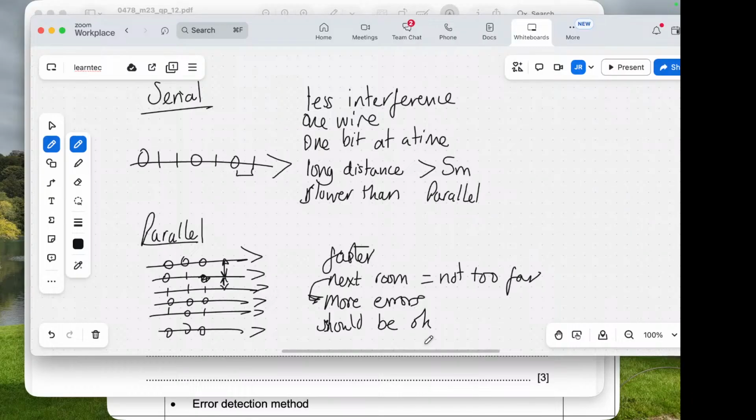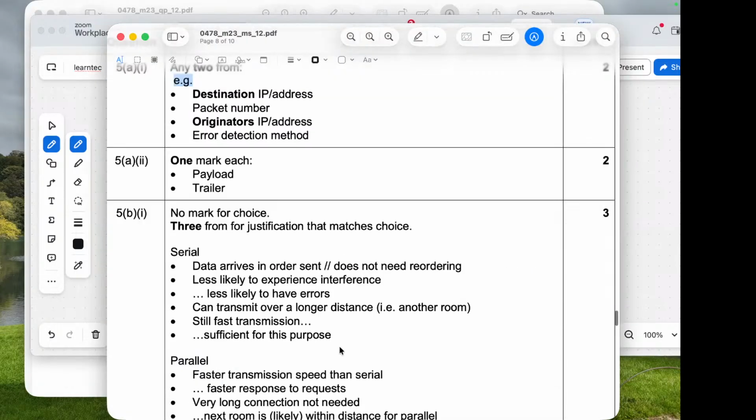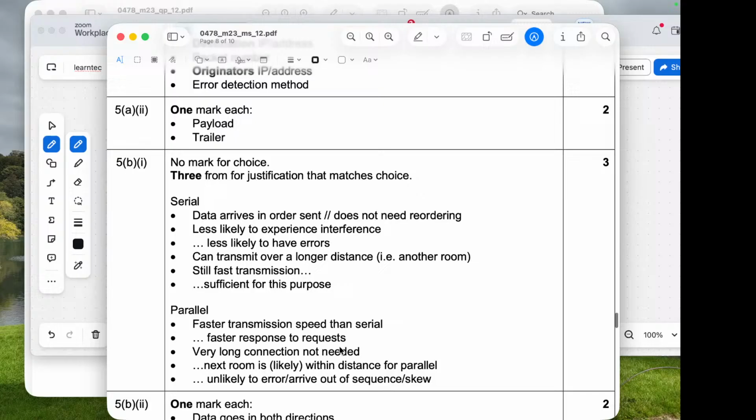So yeah, so that's basically the difference. And they do like to ask questions about this. It's a very common question. And what have they put that I've forgotten? So we've got,